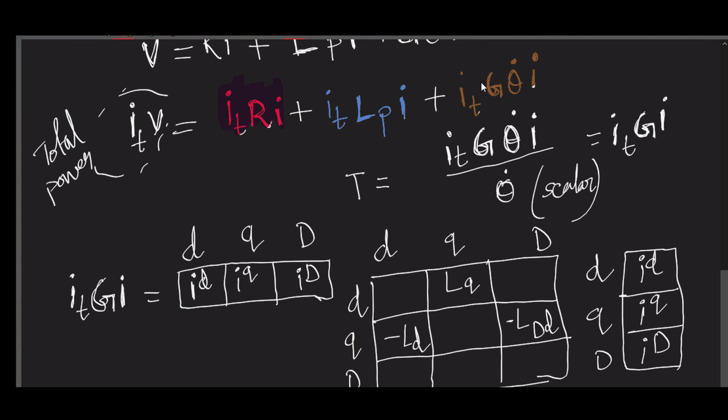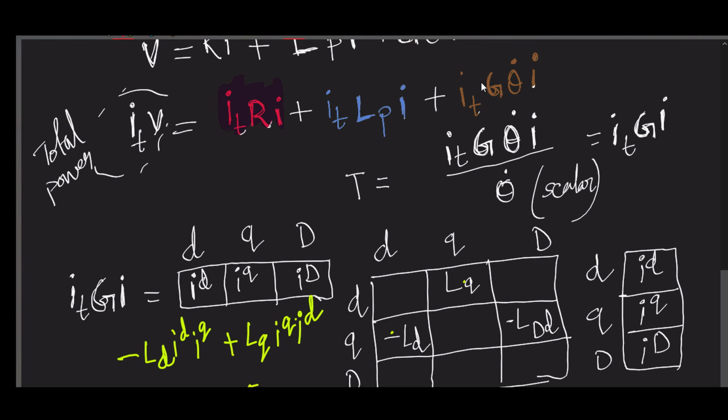Here we are getting again following the same rule. This will produce minus Ld Id Iq, minus Lq Iq, sorry, plus Lq Iq Id